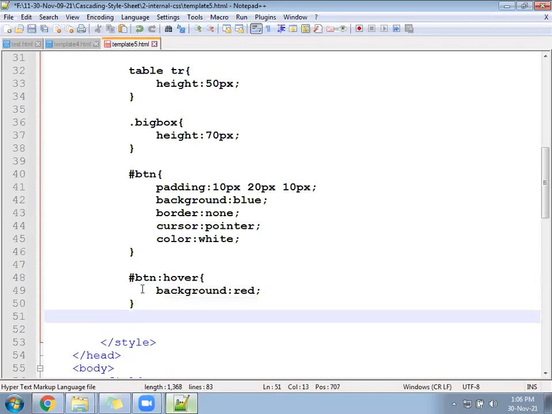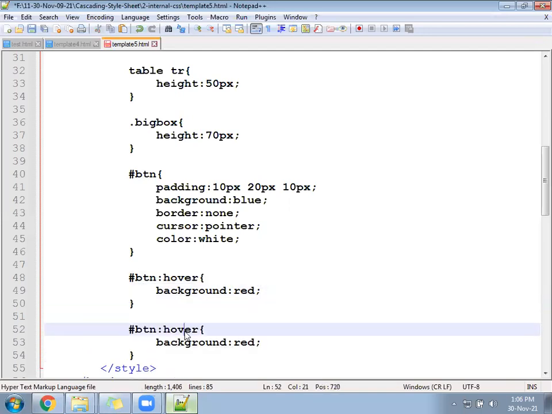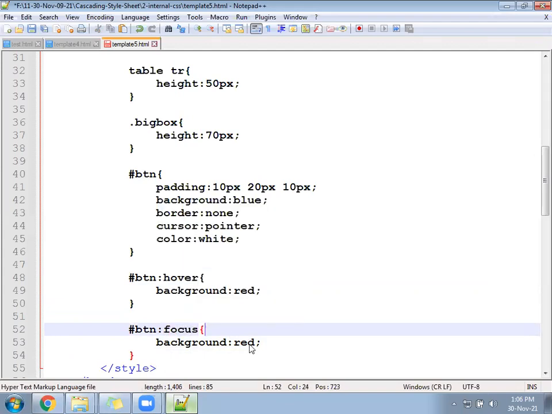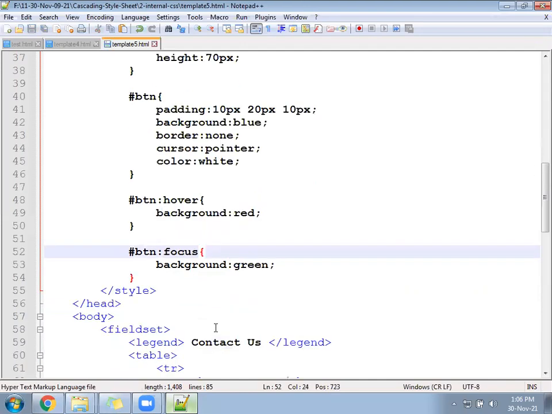Let's write another property called focus. Colon focus. When you click on that, the background should convert into green color. Button colon focus, different background. Button colon hover, different background.